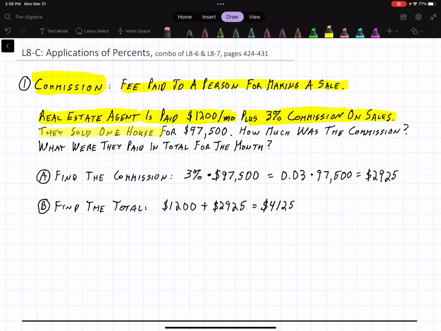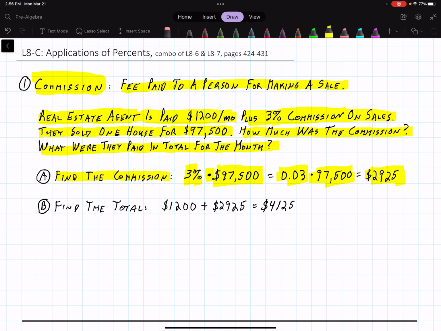Okay, they sold one house for $97,500. How much was the commission? And what were they paid in total for the month? Well, the first thing we have to do is find the commission. Well, that's just 3% of, remember, of is our times, the amount paid for the house. Okay, so 3% changes to 0.03 times 97,500, and we see that they would earn